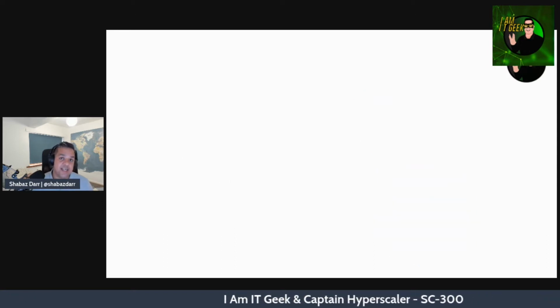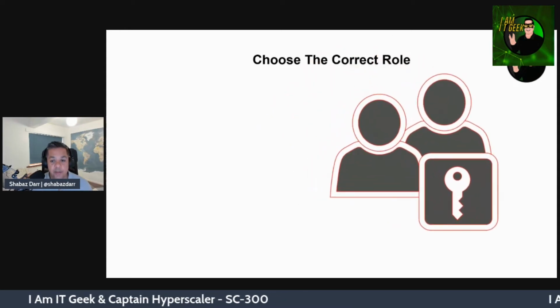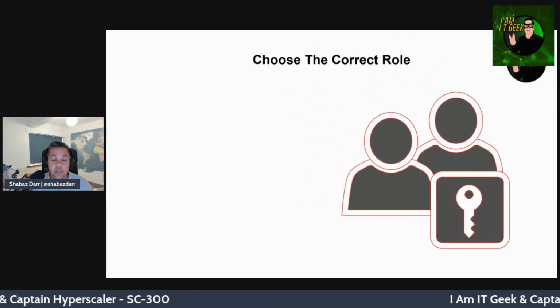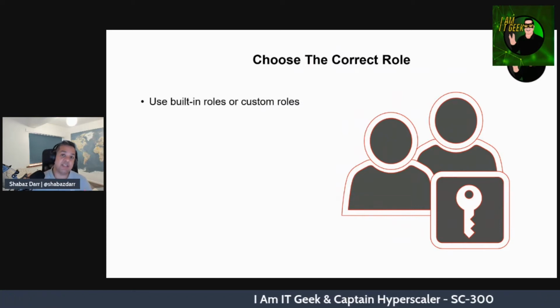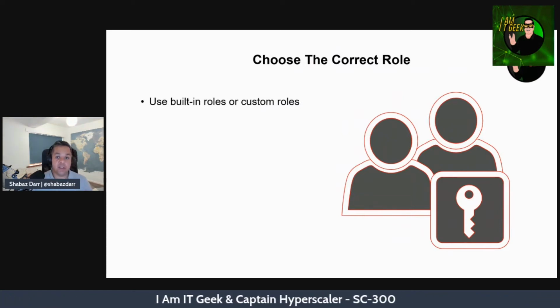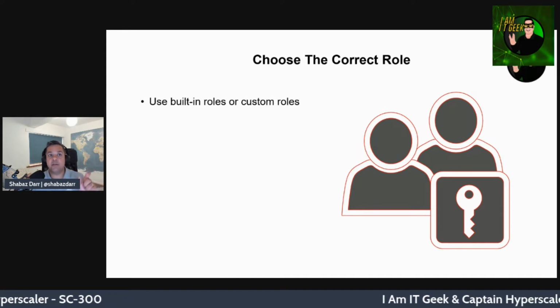So that's who needs access. Let's look at step 2, which was to choose the correct role. You can use built-in roles or create a custom role with specific capabilities if you need. The built-in roles are there, and you can obviously choose those. They're ready-made, predefined. But with a custom role, you can actually pick